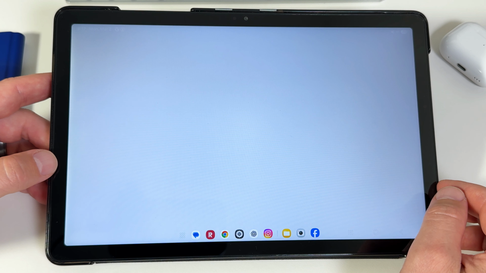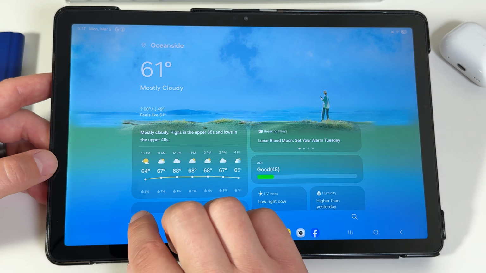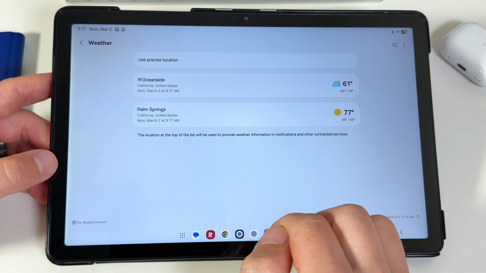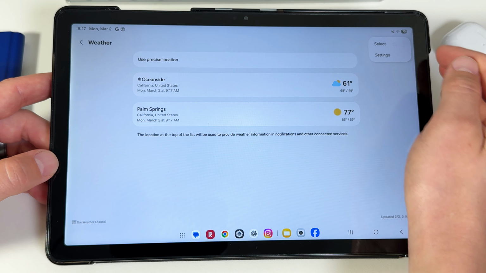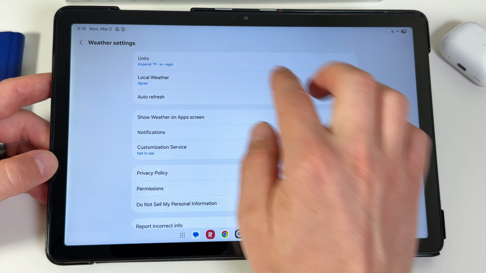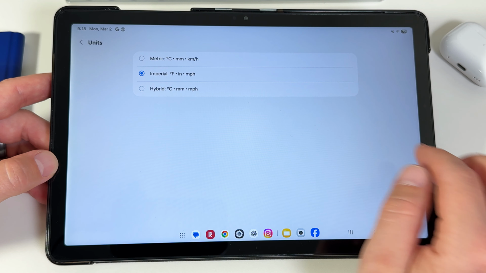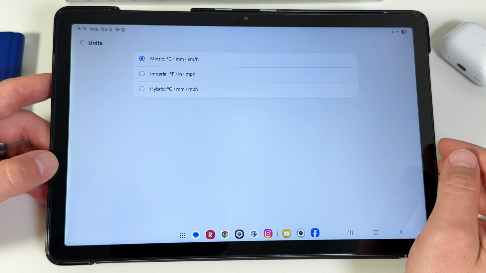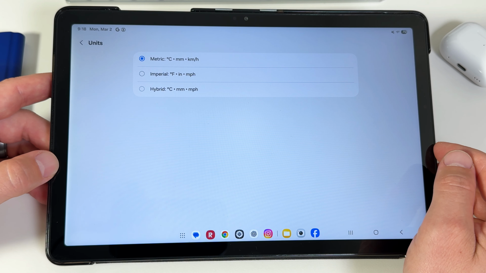Inside the weather app, I can tap the locations button in the bottom left corner first, and then tap the three dots up top to go into my settings. When I get to the settings, the option to change units is the first thing on the top. Here I can change the units to Celsius, Fahrenheit, or use a hybrid setting that has Celsius, millimeters, and miles